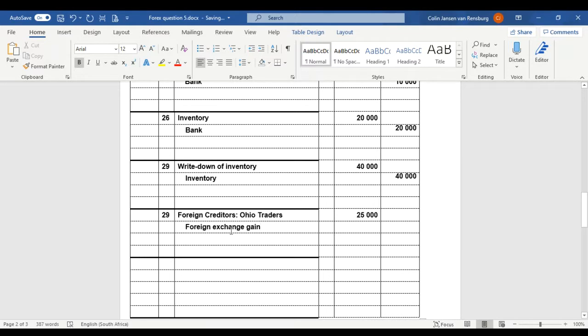Haven't realized it yet, you're going to call it a foreign exchange gain or gain on foreign exchange, and the amount is 25,000. So if you haven't realized that yet, which you haven't because you haven't paid the creditor yet, you're not going to show it as part of your profit or loss. What are you going to show it as? If you draw up your statement of comprehensive income,